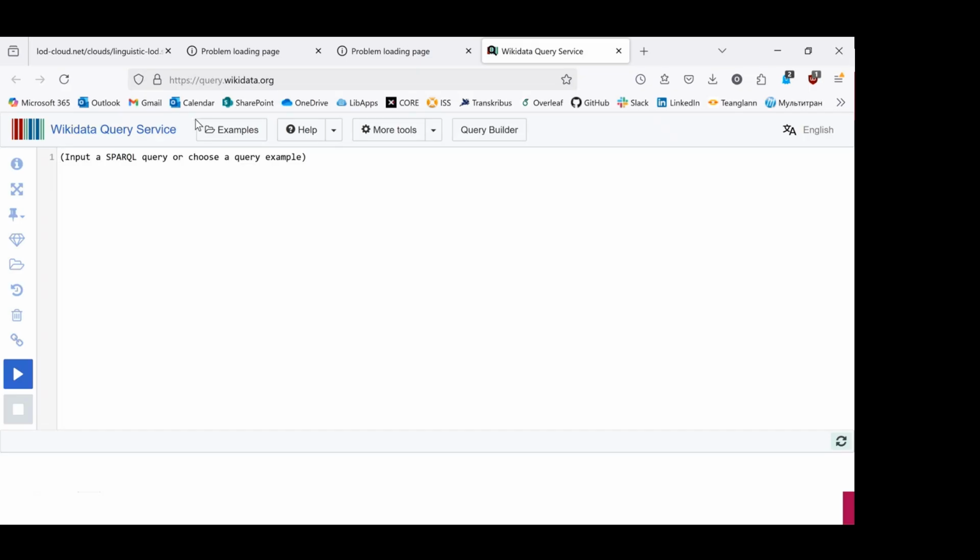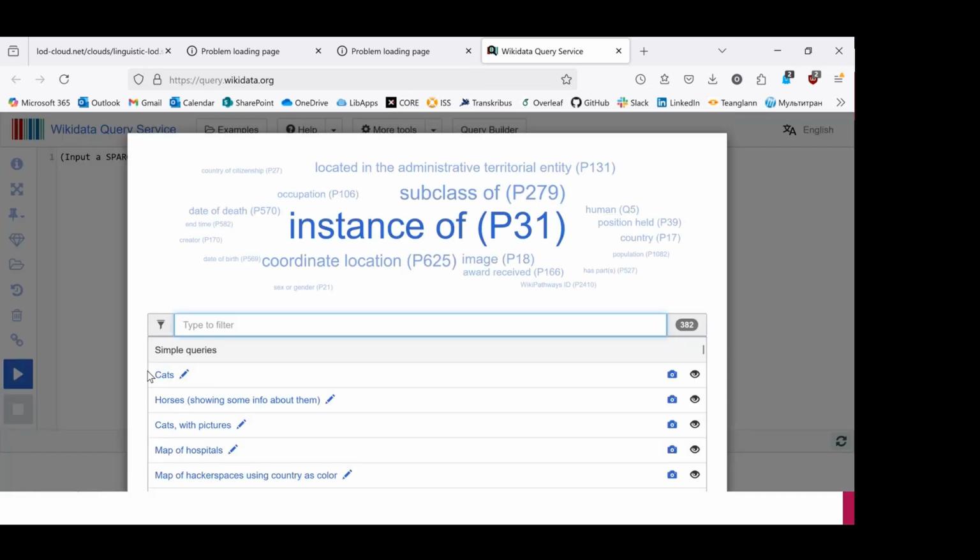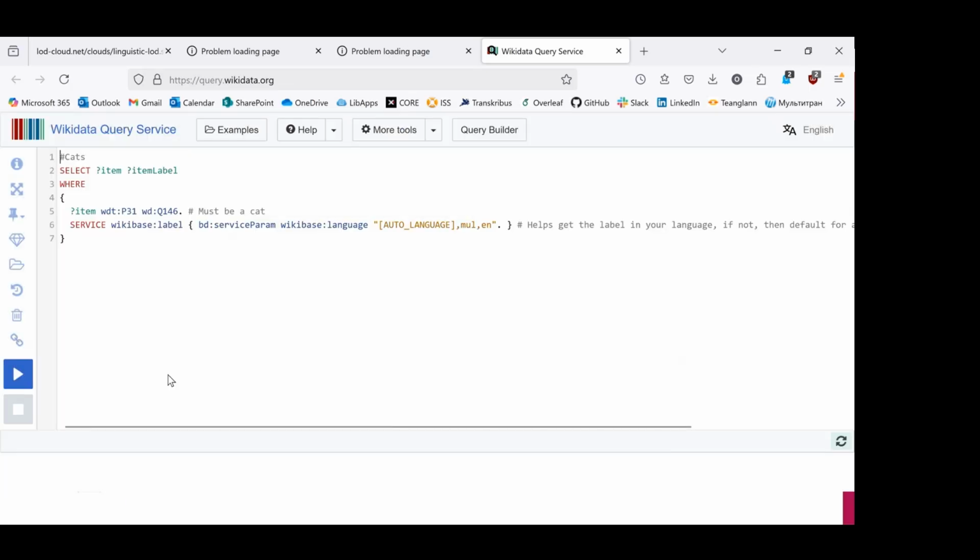So we won't go into detail about the syntax of SPARQL. It's another huge subject, but I'll just show you what you can do. We'll just use one of the example queries, this query called cats. So it says select all items and their labels, so their names in human language, where the type of this